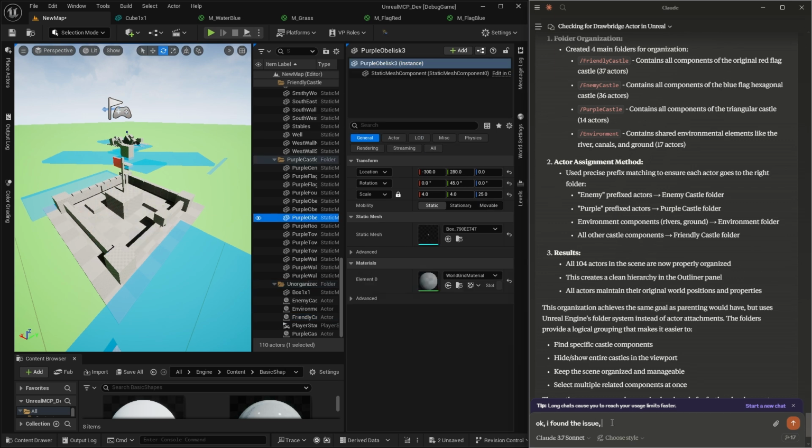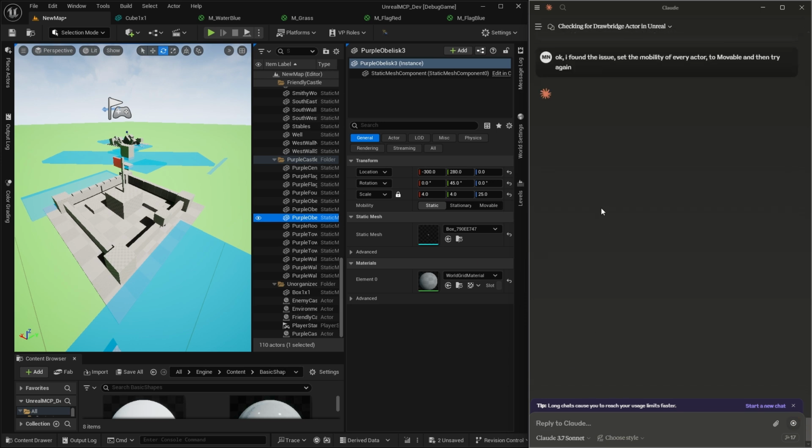Oh, yeah. Okay. Set the mobility of every actor to movable. This might be a terrible idea for optimization, but we don't care. And then try again. Okay.